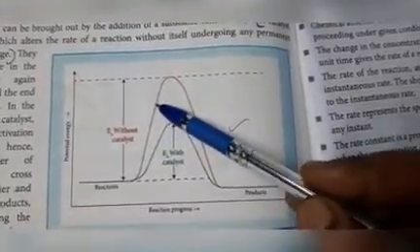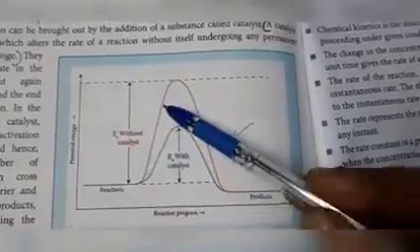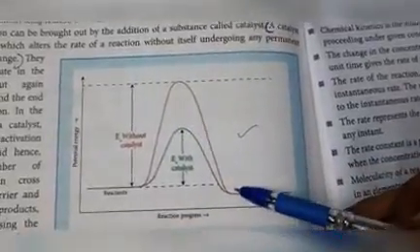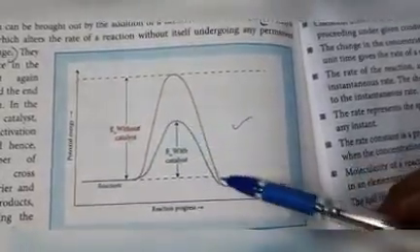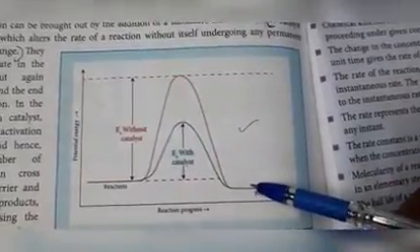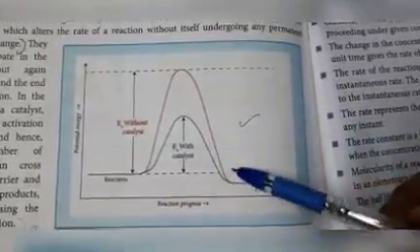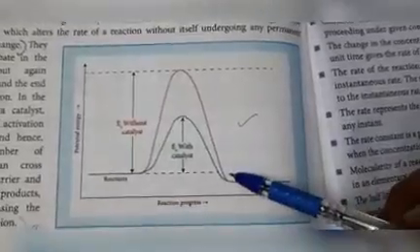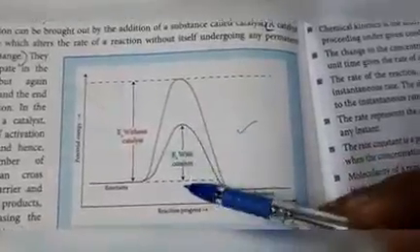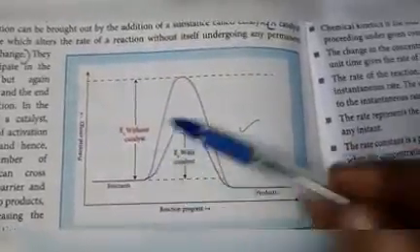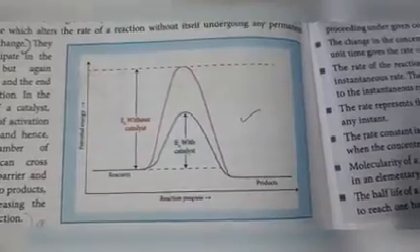If some of the molecules reached here and cannot convert into product, then in the presence of a catalyst those molecules can also convert into product. So, with the catalyst, more molecules will reach this peak and convert into product. Only in the presence of a catalyst is the rate of the reaction increased, because the energy level of this peak is reduced, so more molecules can reach the product side.